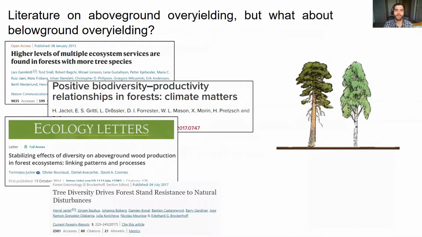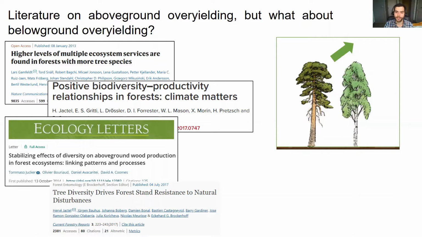Mixed species plantations are considered one of the main options for adapting to and reducing risks of climate change. This is mainly because tree species mixtures have been found to be more resistant to adverse climatic conditions and to biotic hazards than monospecific stands. In addition to the higher capacity of mixed forests to stabilize key ecosystem functions, such as primary productivity, an increasing number of studies found that tree diversity increased plant biomass through overyielding.